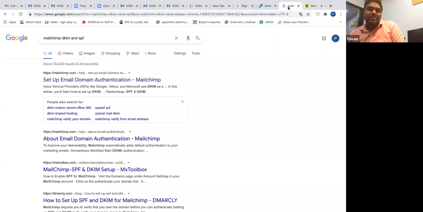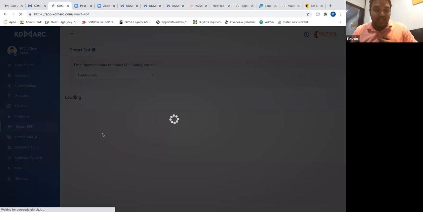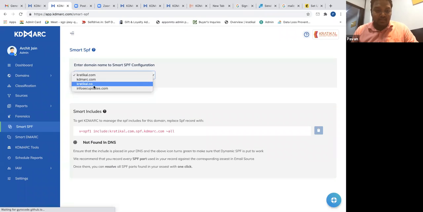So it's a combination of the email server giving you the SPF and DKIM, and then you need to put it into a DNS record. Especially the DKIM record, that you need to put in a DNS record. The rest of the things you can directly configure, the DMARC and the SPF. So you can come to the SPF, if it is being managed, you can put it over here, like let's say for critical.co,